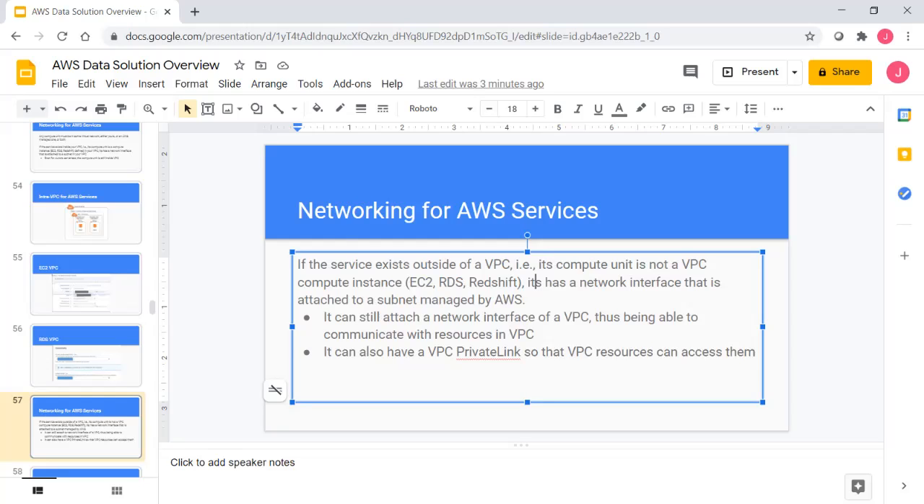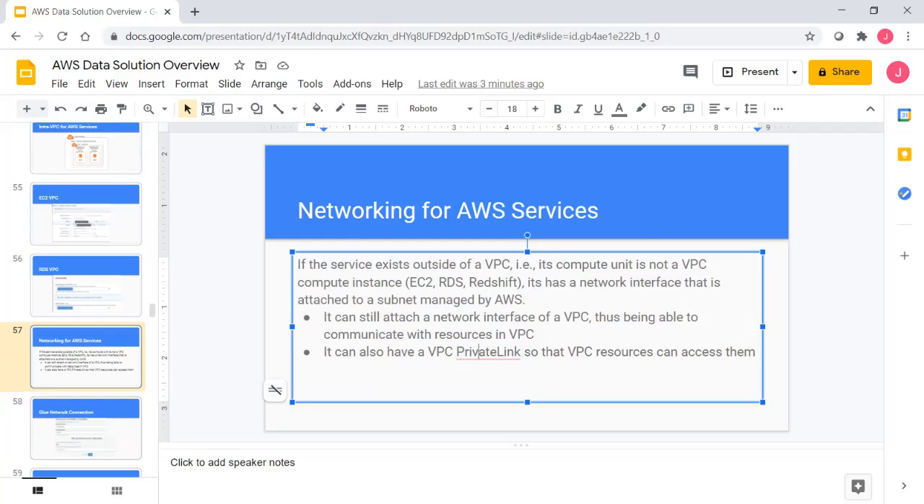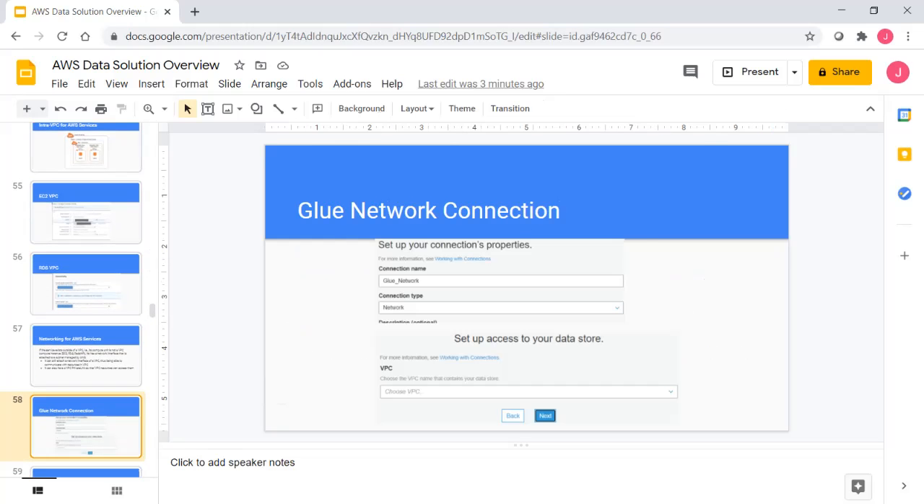On the other side, if you want to access these services from VPC, you will need to define a VPC private link, also called endpoint, so that the VPC resources can access them. Let's take a look at Glue. When you define Glue, you can define a connection. For this connection, I give the name Glue network, and the connection type can be